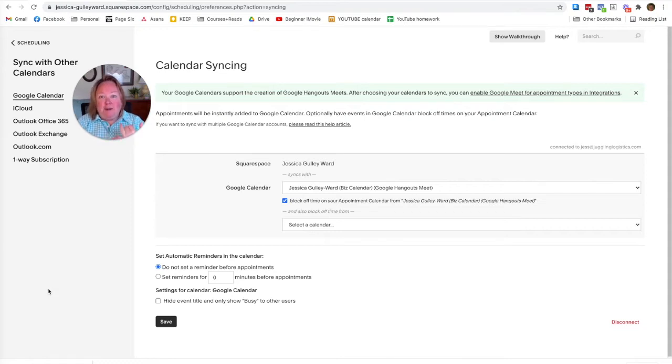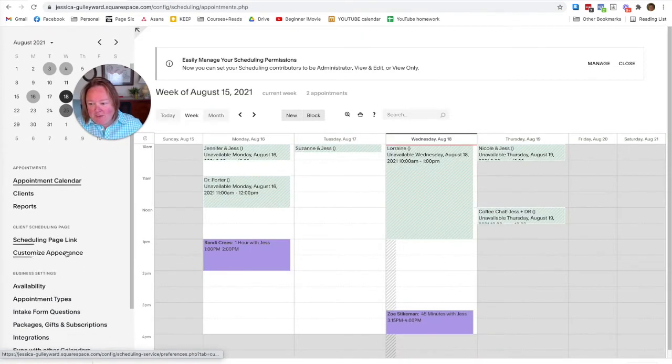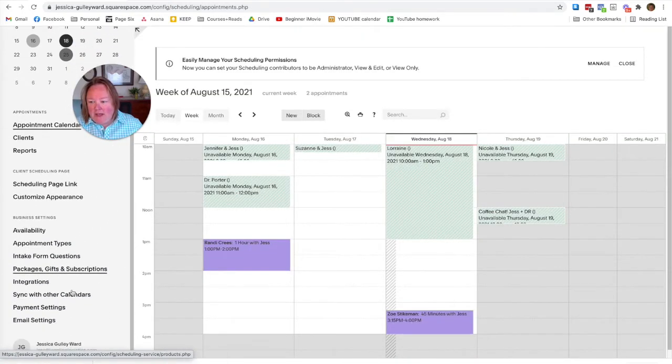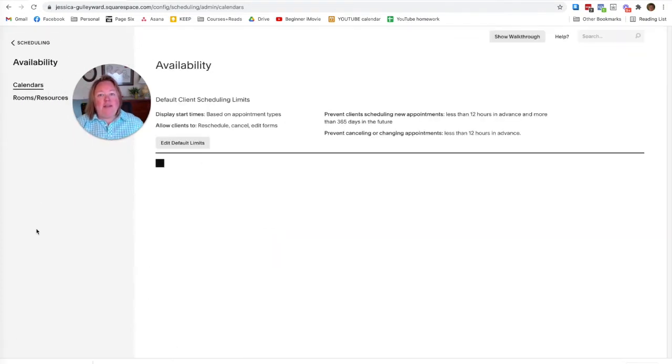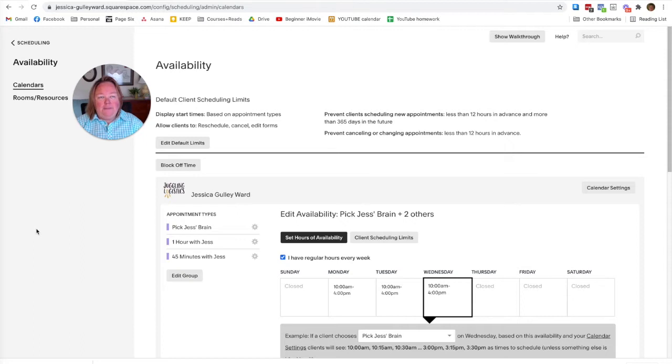So step number 1 is to choose your plan. Step number 2 is to sync your calendar. Then we go back to the dashboard and we want to offer your availability. So even though you are going to be working from 9 a.m. to 8 p.m. at night, Tuesdays and Thursdays only, perhaps you only want to offer appointments or classes between 10